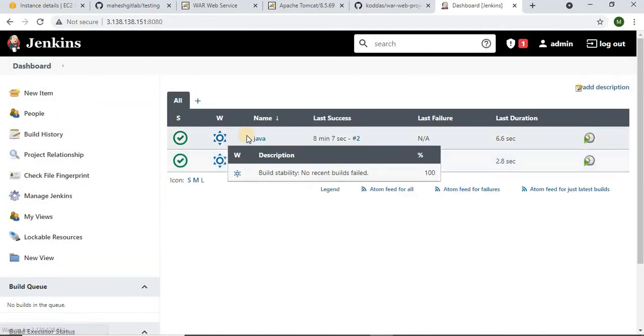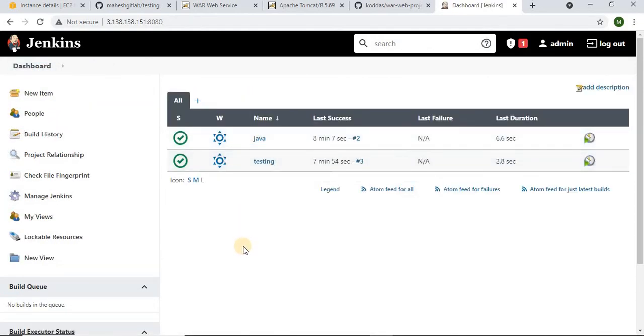So in Java we are having continuous downloading, continuous build, and continuous deployment into testing. On testing we are having continuous testing and continuous delivery to production, and I have just linked this testing job to Java. So if I execute Java, all these 5 steps have to be executed: 3 steps on Java and 2 steps on testing. Our theme is that with one click all this should happen, not that I have to go to Java for 3 stages, and once done, come to testing and execute the 2 remaining stages. That is not the ideal case, right? So with one click we have to execute 5 phases.